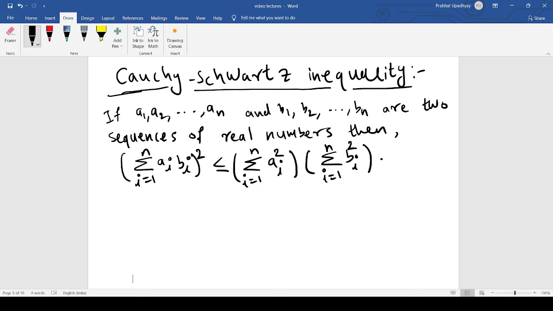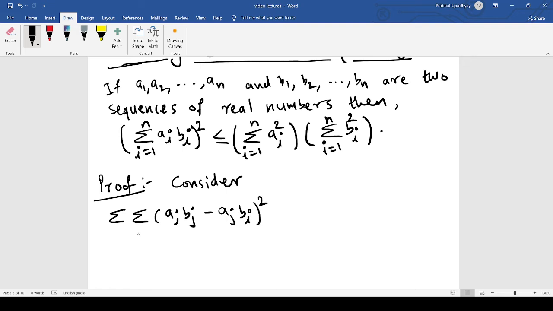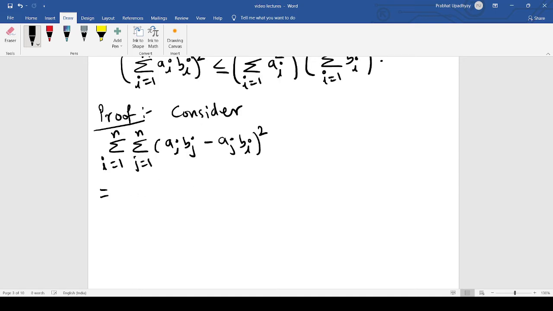We will give two different proofs for this inequality. Let's see the first proof. So first, consider the term summation of (ai bj minus aj bi) square, where first j is running from 1 to n and then i is also running from 1 to n. So this term is equal to